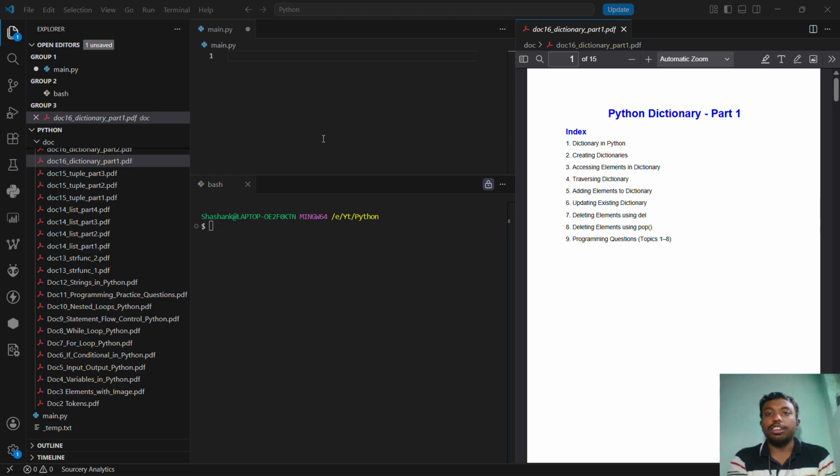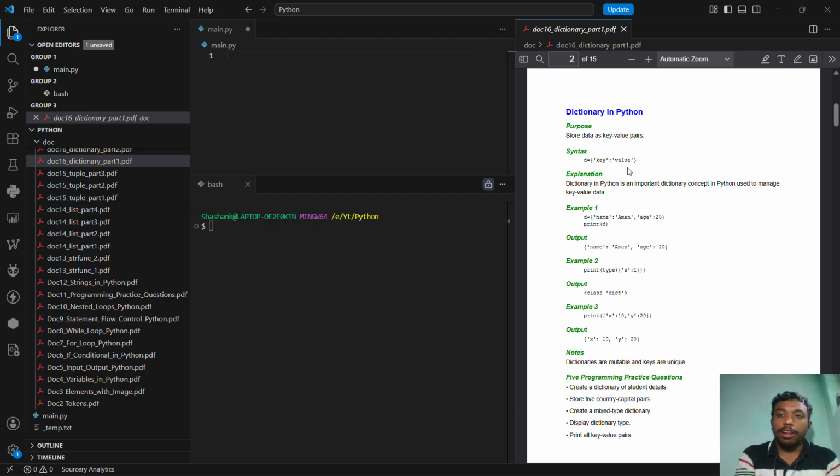We are going to learn about dictionary in Python. So what is a dictionary? A dictionary is a collection of key-value pairs, just like you can see here: D equals key and then value. These keys are immutable data types which get hashed, and you can access those values using keys. For example,